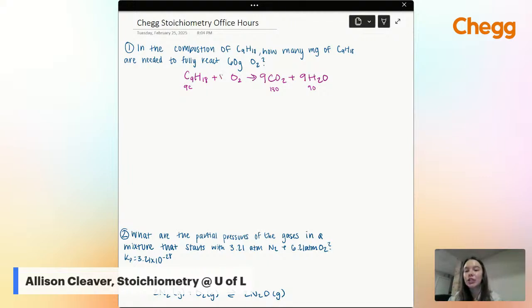So I would put 13.5 because 13.5 times 2 would give me 27 oxygens. But I need whole numbers when balancing a chemical equation. So I'm just going to multiply all those coefficients I just wrote by 2. So my final balanced equation would be